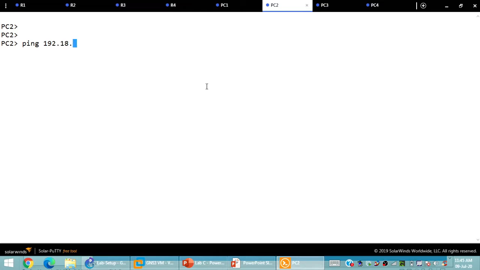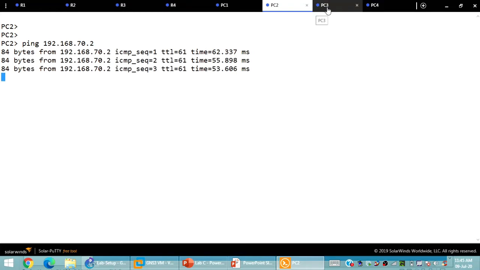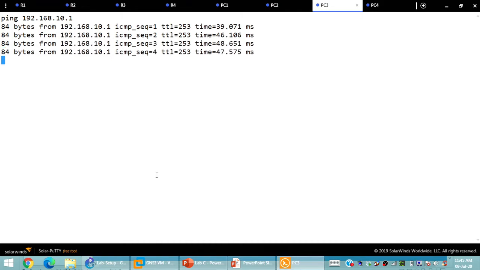Similarly, I'm just going to ping 192.168.70.2, the other end, and similarly I'm going to ping one more thing, that is 192.168.10.1, the leftmost portion of it.